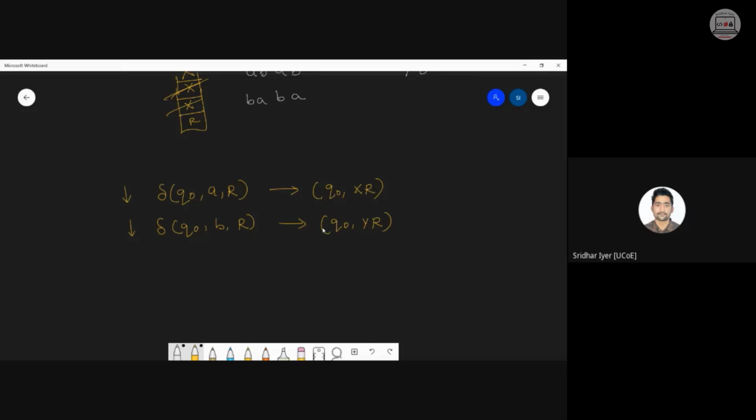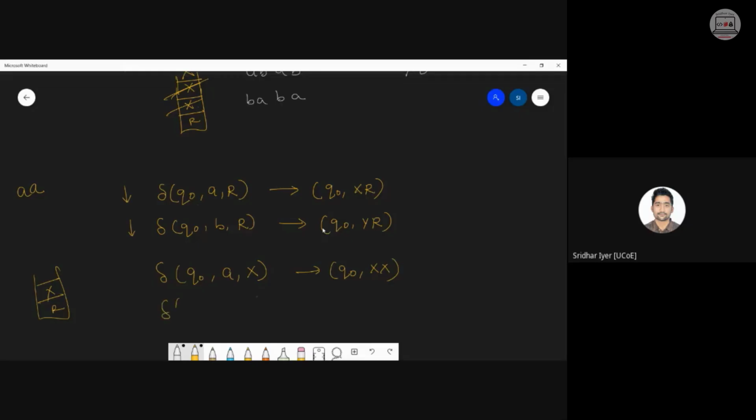Okay, so next up, we know that it could be A on top of A also. So in such a case, what will happen? If A is on top of A, what should the third symbol be? Only tell me. What should be the stack symbol? Is it going to be X? Is it going to be Y? You only tell me. X, correct. Because it is A on top of A, there is already one A present in the stack. Hence, the top should be A. So in such a case, it will be Q0 only, but it is XX.